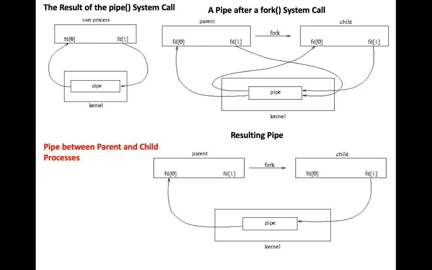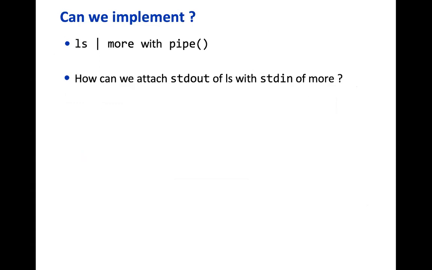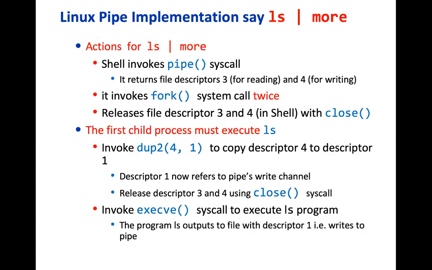Right now we are talking only about the mechanism, not use case scenarios. By simple forking and use of file descriptors and the concept of a pipe, unidirectional communication can happen between parent and child. Let's look at this example now. How do you implement ls and more? It's simple.